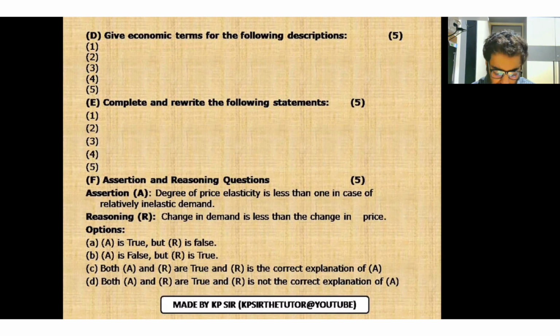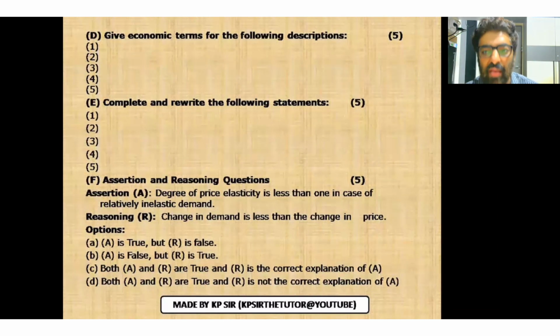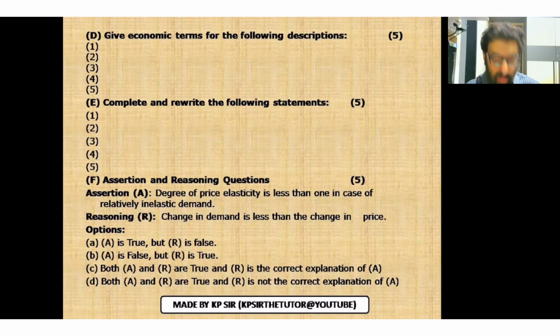And this is the most important point, that is assertion and reasoning questions. I have a video and I'll be putting the link in this video. You can anytime revise assertion and reasoning questions. A quick revision for you on that is, if either A or R is false, your answer has to be from option A or B, guaranteed. You cannot go to C or D. If A is false or R is false, then your answer has to be from option A or B. And if both are true, then the answer has to be from option C or D. That's fixed.